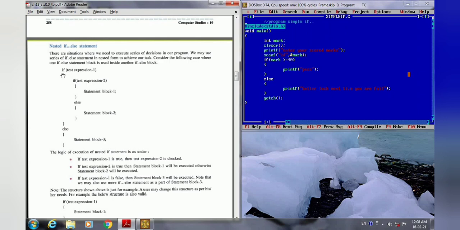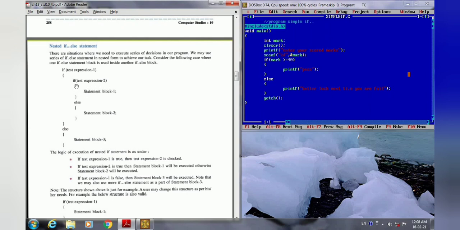So here you can see nested if. In the first if we will write our condition. If this condition becomes true, then it will check the next condition that is written inside the first if. So this is the outer if, and this we can call the inner if. And if this condition becomes true, then the true statement block of this if will be executed here.